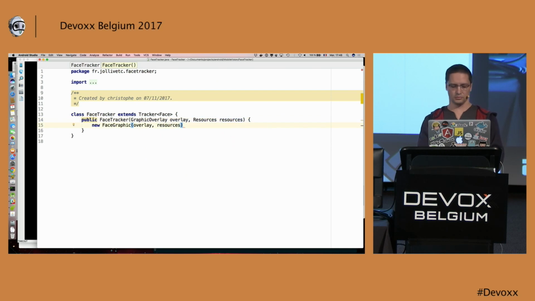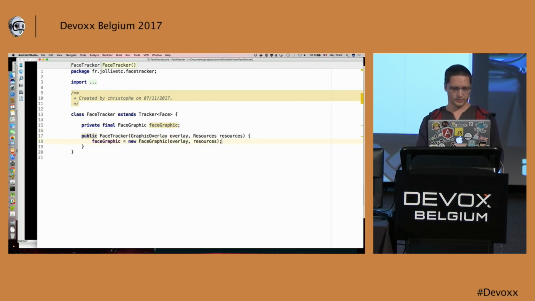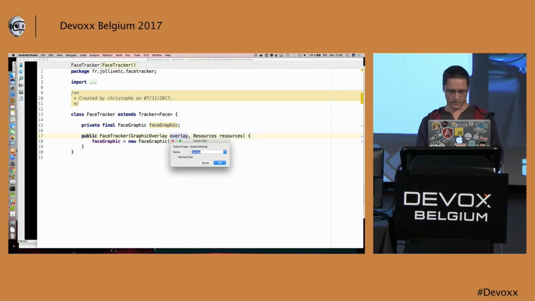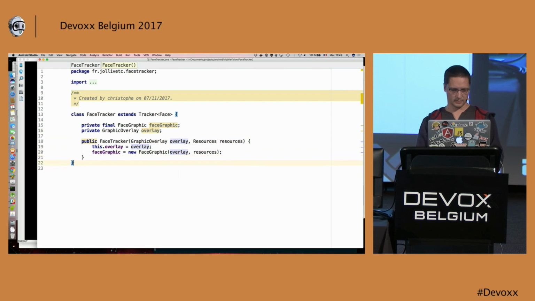As we will need to add the face graphic, we create a field with our face graphic. As we will need to add it or remove it from the overlay, we need to have a reference to the overlay also. So just create a field for the overlay, like this.